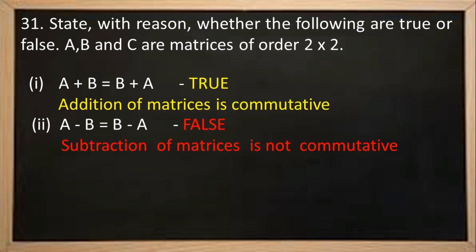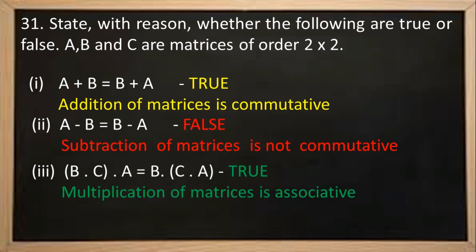The third question says that A into B into C is equal to B into C into A. Is it true, children? Multiplication of matrices is associative. Of course it is true. Even if matrices A, B, C are of different orders, after calculating we can say that ABC is equal to BCA. That is, here matrices B and C are multiplied first and then with the elements of matrix A, and in the second case matrix C and A are multiplied first and later it is multiplied with the elements of matrix B.